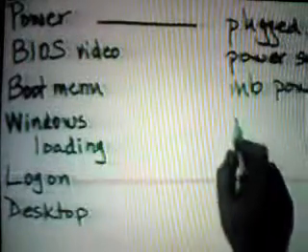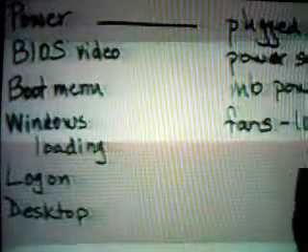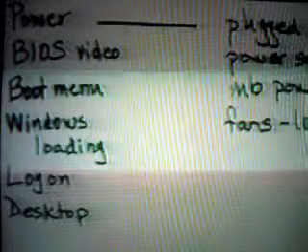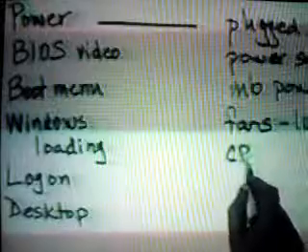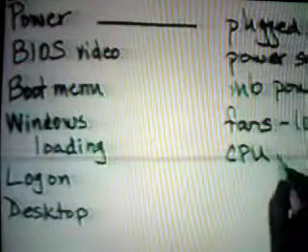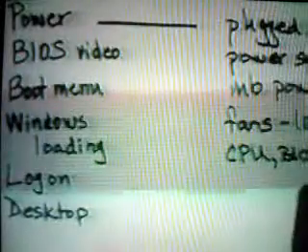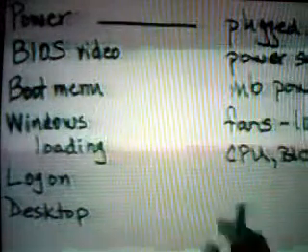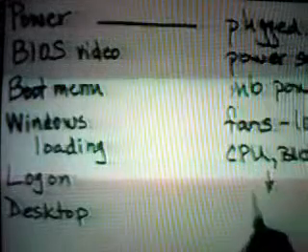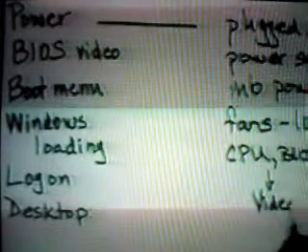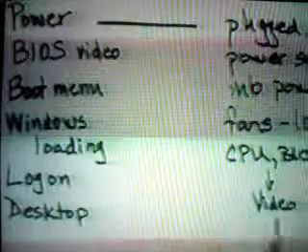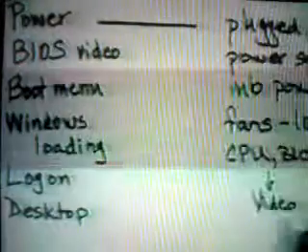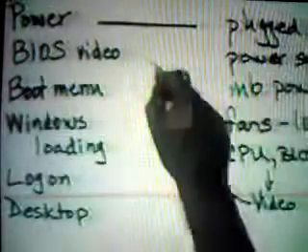Once you turn on the computer, you'll typically hear some fans blowing. You might even see a few lights. This indicates that the motherboard has power. The next process to happen is that the CPU is started. The CPU requires the BIOS and memory. And the final stage in this process is it initializes the video card. If the video card loads successfully, and if everything up to this point works, you will see output on the